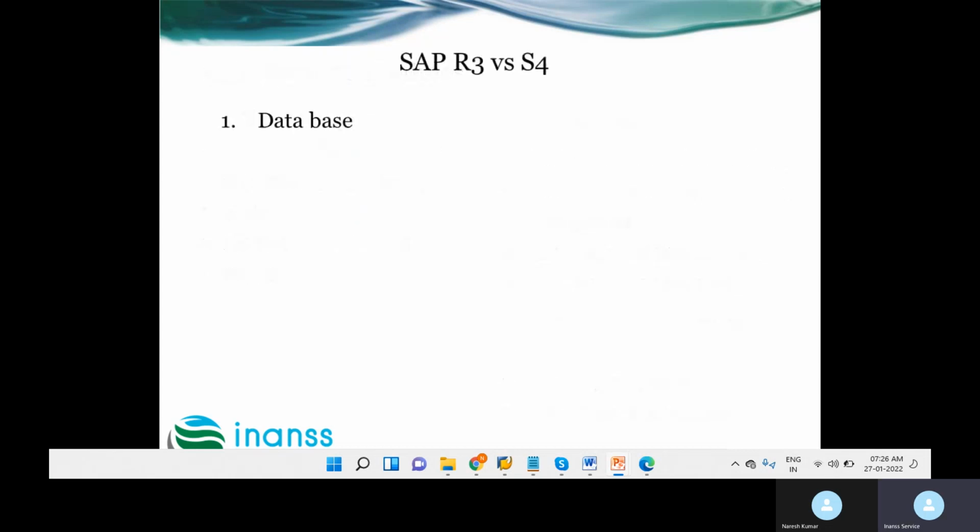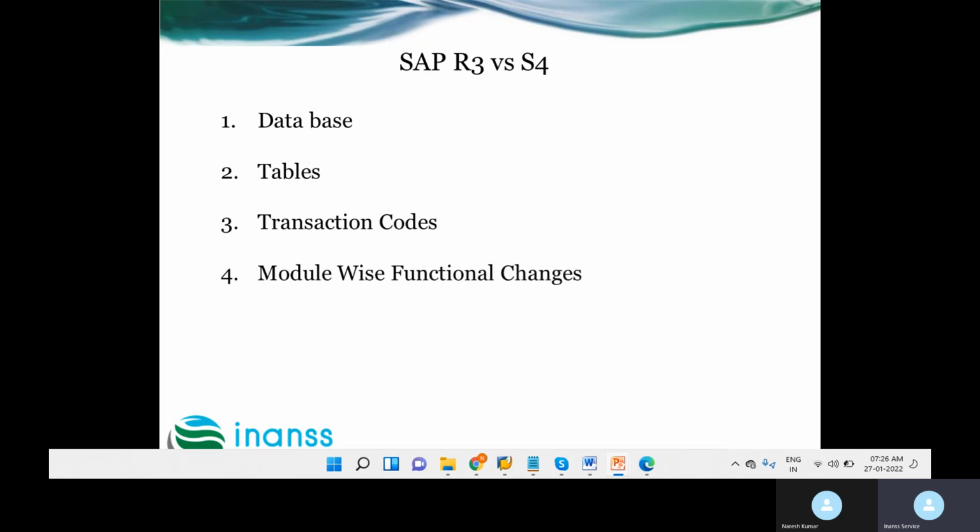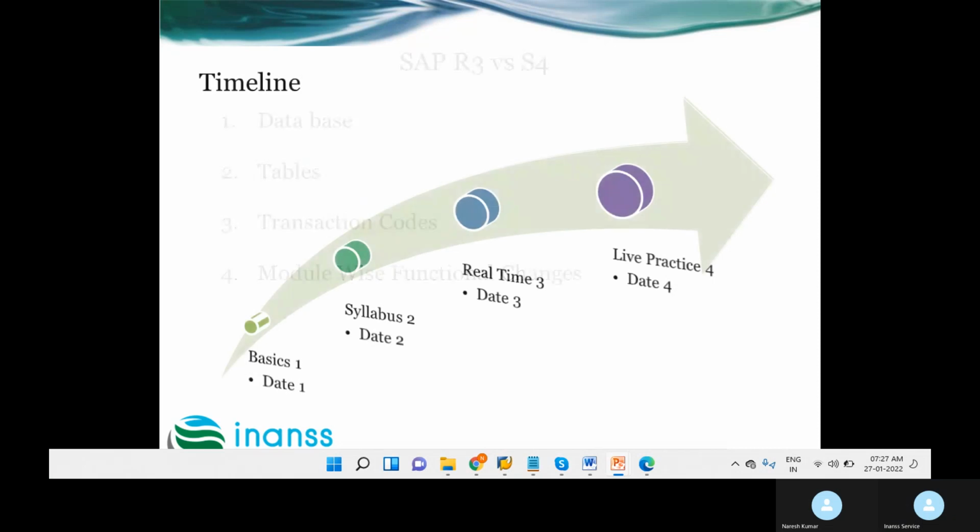And then compared to ECC and SAP S/4HANA, the differences are database changes, table changes, and even transaction codes have changed. And then module-wise, there are very huge changes. So all of those, when we start training, we'll explain transaction code by transaction code and submodule by submodule in future. Yeah. And then this is the most important, which is the timelines,